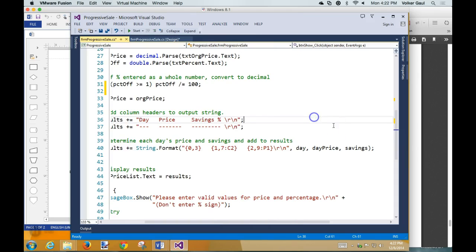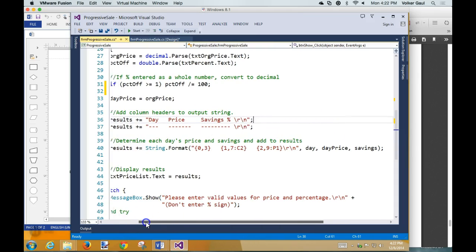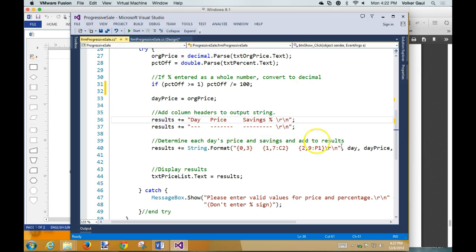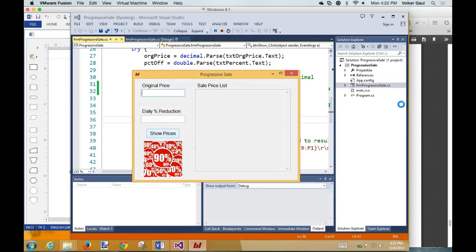While the day price is greater than 1. Do I have a day price? I do. Here's the original. But first of all, let's make sure this works. Before I put a loop in here to say do it over and over and over again, let's see if it works. Because I do have a day, it's 0. I have a day price, it's the original price. And I have a savings, which is 0. So I can run it and make sure that everything lines up nice and neat before I start worrying about